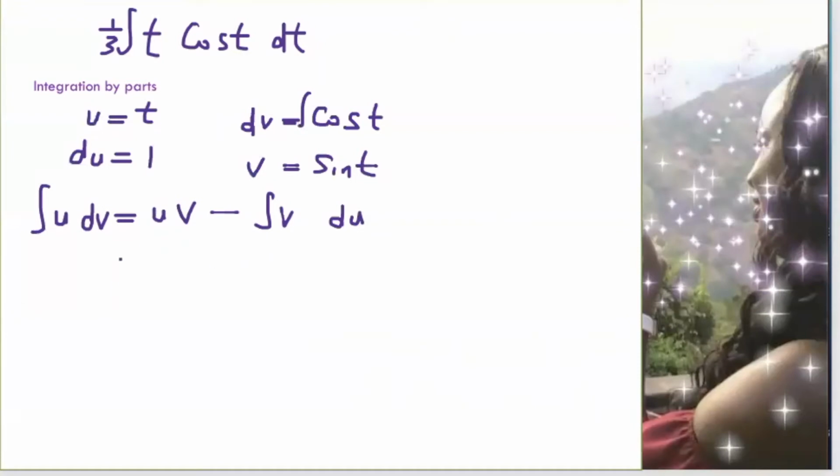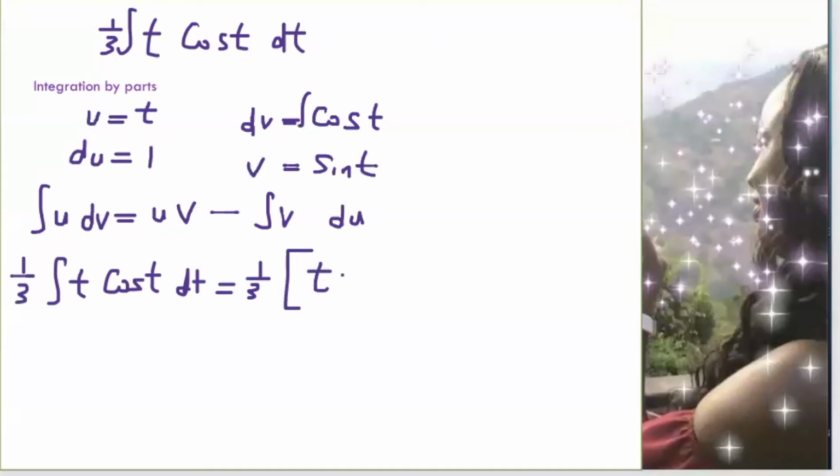So integrating this, which is 1/3 integral of t cos t, applying the by parts rule, I will substitute what is u, what is v. So I have 1/3, open bracket, my u, which is t, my v, which is sine t,